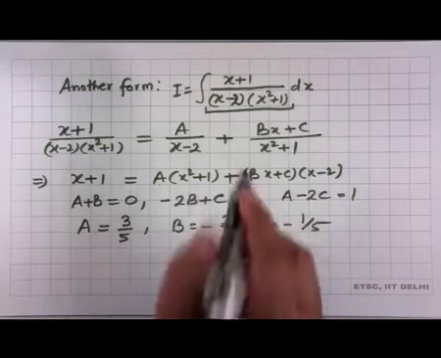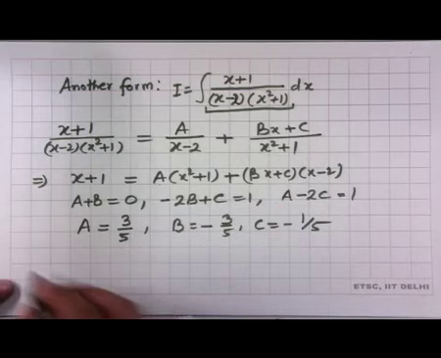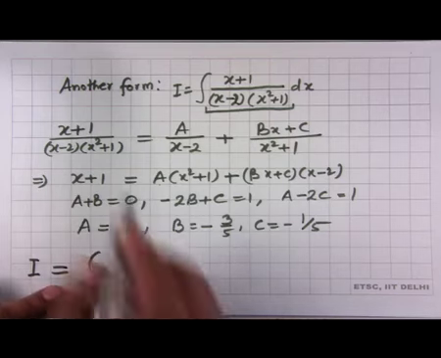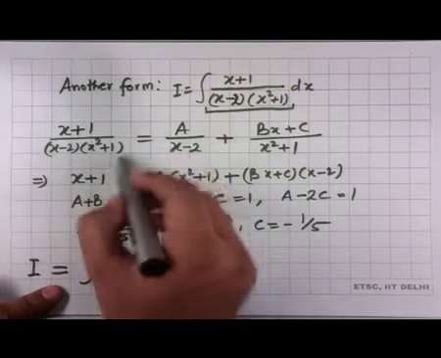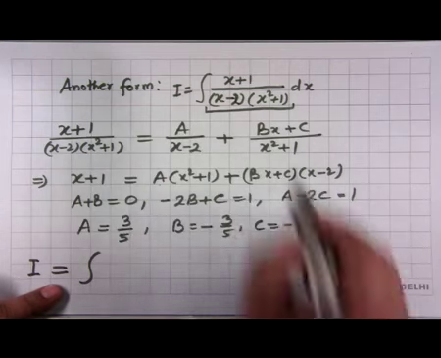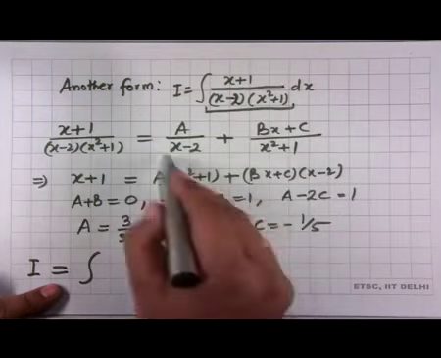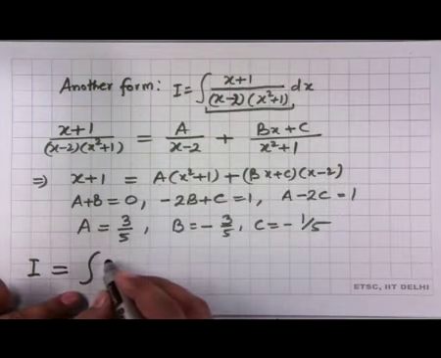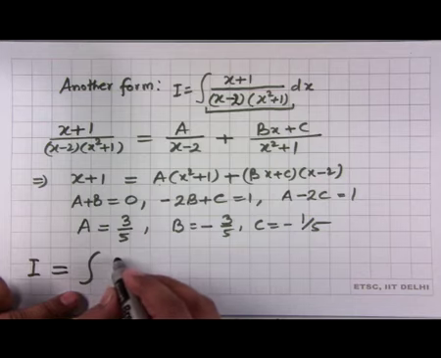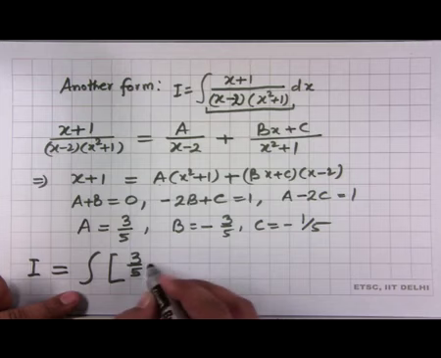So, the integrand can be represented in this factor form, and therefore the integral I shall be represented as this factor equals A, where A is equal to this number, and B and C are these numbers. So, we will replace this integrand with this factor by replacing the values of A and B also. A is 3 by 5. So, it is 3 by 5 of 1 over x minus 2 here,